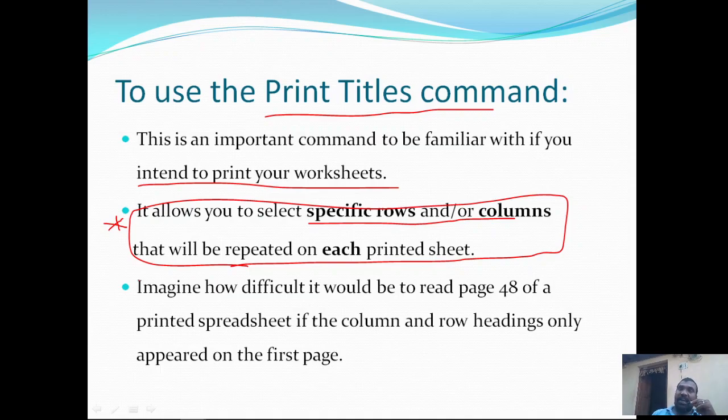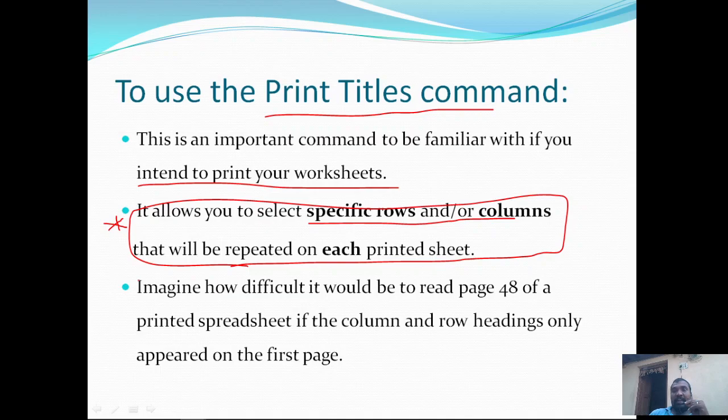For example, we have result data. In the data, we have the results of 1500 students. The 1500 students' results will not appear on a single paper, so we need to print 10 to 15 or more pages. In that case, the first page is going to display the headings: what is the pin number, what is subject 1, what is subject 2, all column details are going to be printed. But later on, the remaining pages won't print anything.